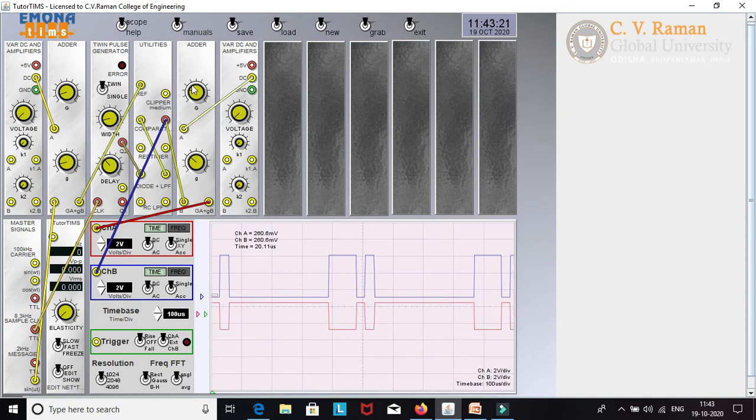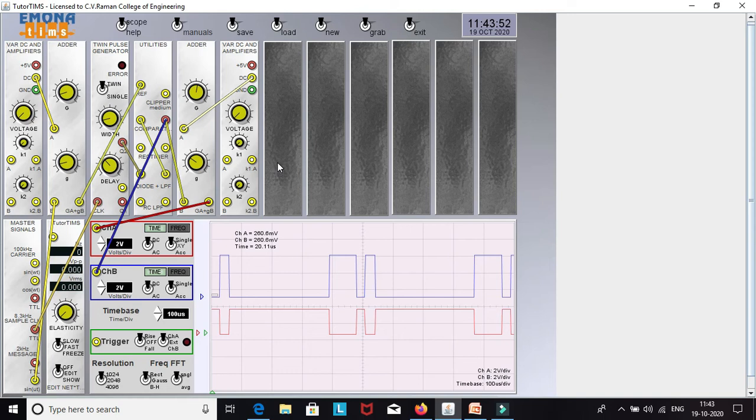If I compare here, I can also increase the gain to match with the PWM signal. So now if you see here, both the outputs are inverted to each other. You can clearly see here, both are inverted to each other. Then what I have to do here, this inverted PWM signal I have to give to a twin pulse generator. So why I am giving that, you have to justify.